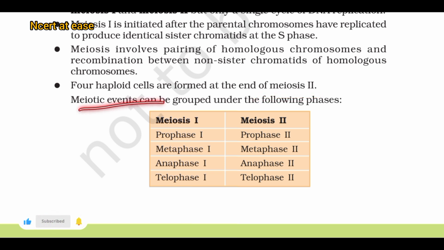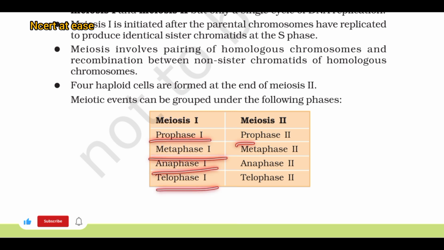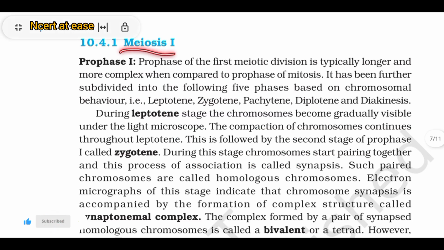Meiotic events can be grouped under the following phases: meiosis 1, meiosis 2, prophase 1, metaphase 1, anaphase 1, telophase 1, prophase 2, metaphase 2, anaphase 2, telophase 2. Meiosis 1. Prophase 1. Prophase of the first meiotic division is typically longer and more complex when compared to prophase of mitosis. It has been further subdivided into the following five phases based on chromosomal behavior: leptotene, zygotene, pachytene,